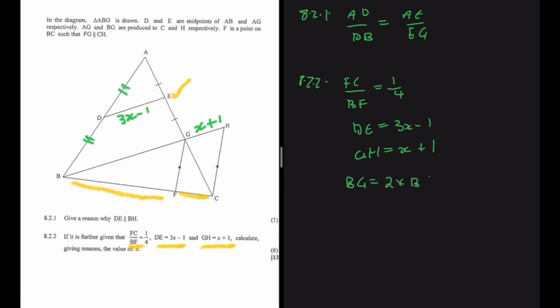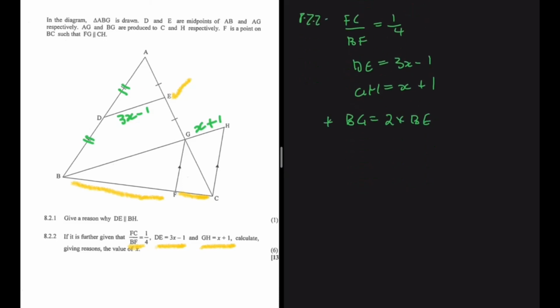2 times BE. DE will only cut AB and AG such that AD is equal to DB if DE is half of BG, or if BG is twice BE. So the reason we can give for this statement is that AD is equal to DB. This statement is only true if AD is equal to DB. So if we say that, you will realize real quick that BG now becomes 2 multiplied by 3x minus 1. So now using that triangle BHC, we can say that in triangle